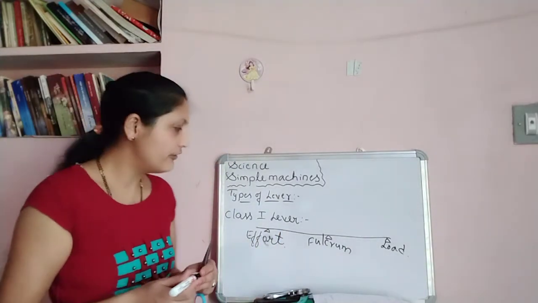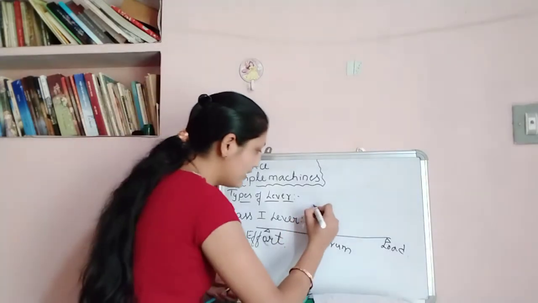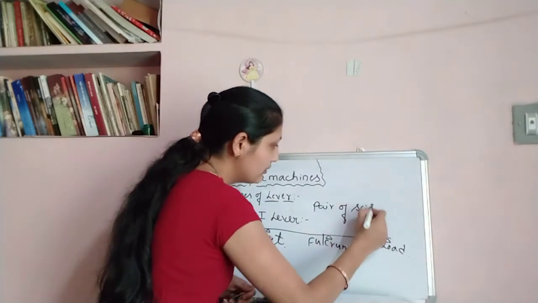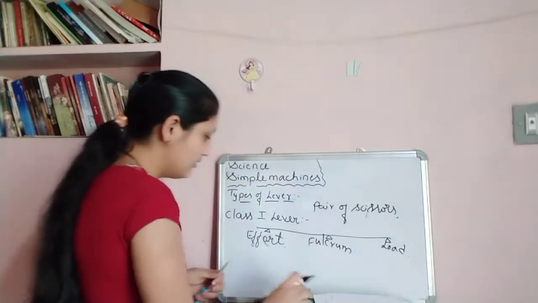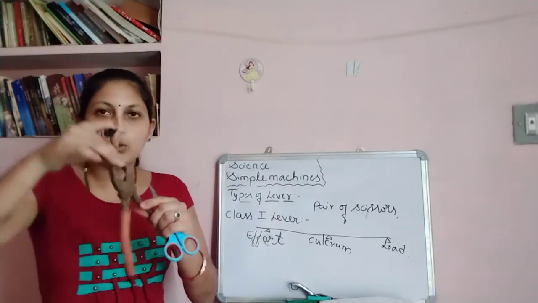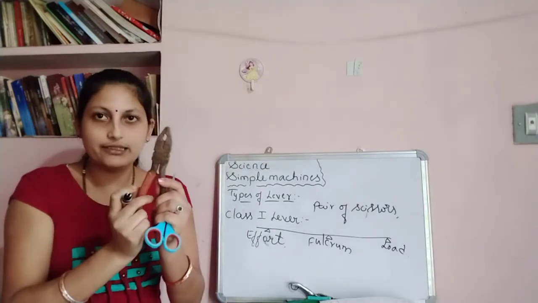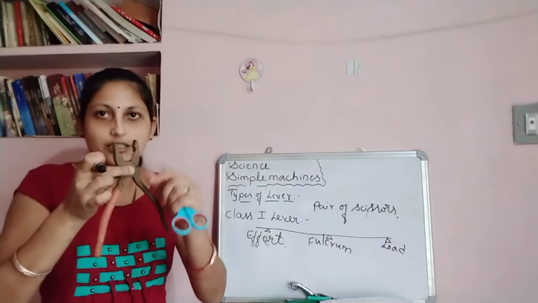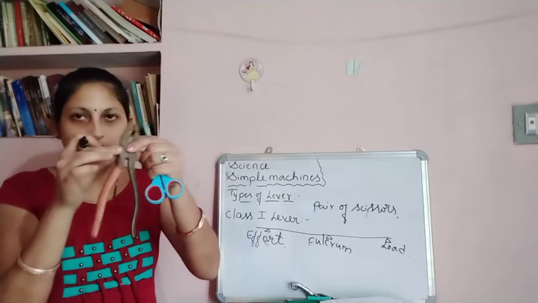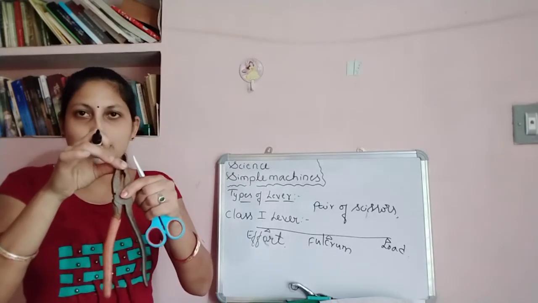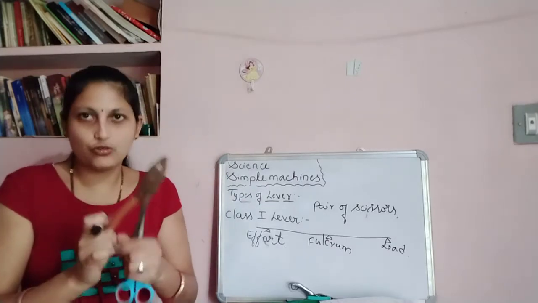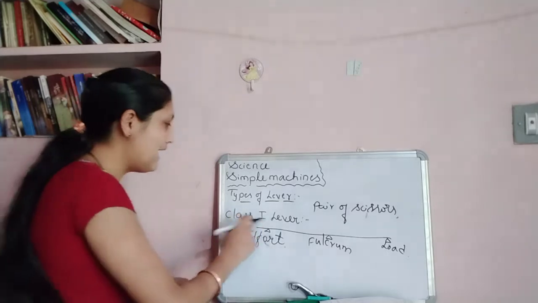So examples of first order lever are pair of scissors, then this one, cutting plier. So you can see here, you will place load at this end, will put effort at this end. So this point where it is attached or jointed, isn't it? This is the fulcrum, means center one is the fulcrum, this end is the load. Will place load here and here will apply force. So these are the examples of class 1 lever.